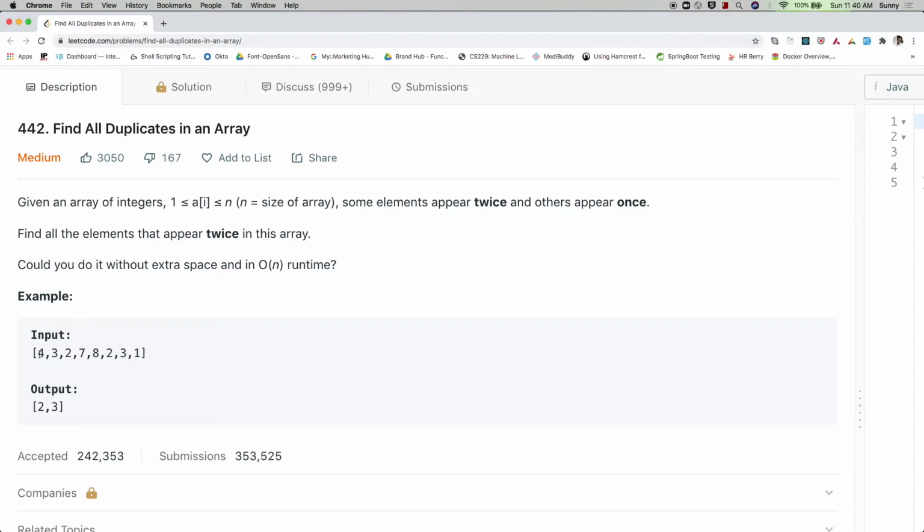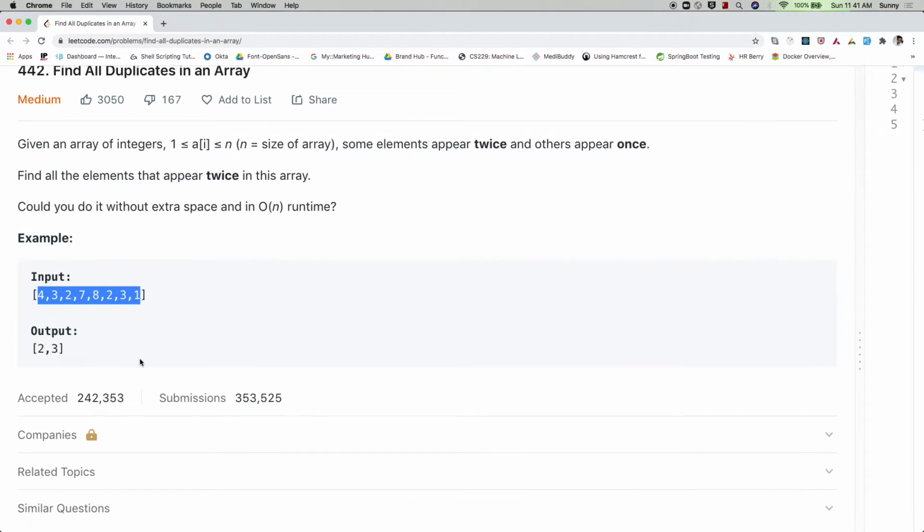That means if you see this input here, we know that the length of the array here is 8. So if you notice, the valid indexes for this would be 0 to 7, right? By using the elements of the array, we can get a valid index by subtracting 1. So if I take this element and subtract 1, I'll get 3, which will be a valid index because our valid indexes are from 0 to 7. The maximum element here is 8, and if we subtract 1 from it, we get 7, which will be a valid index again.